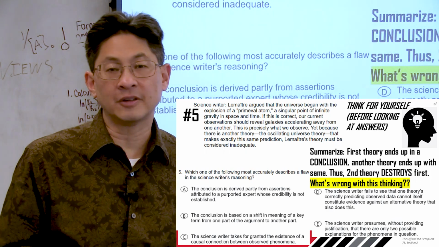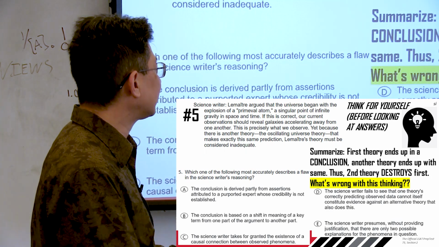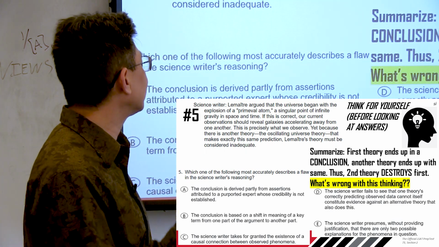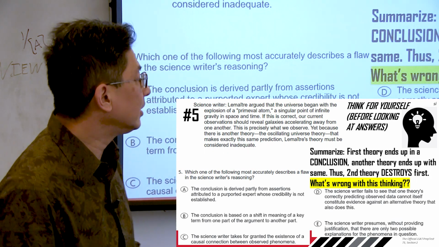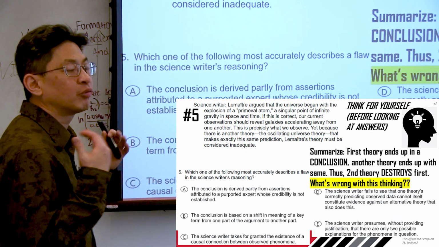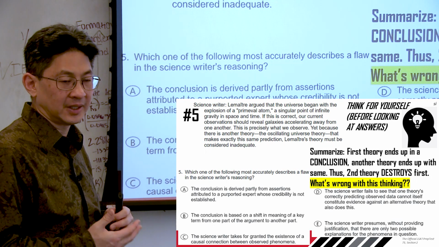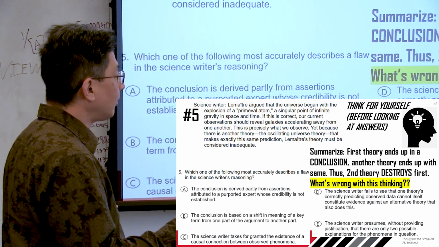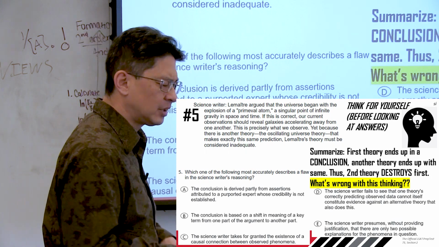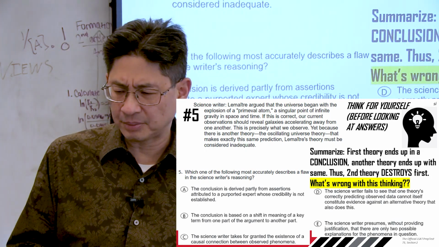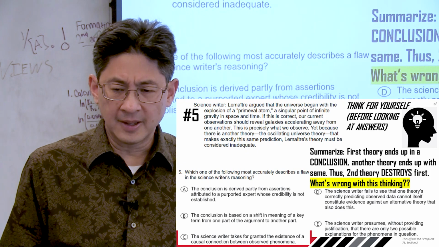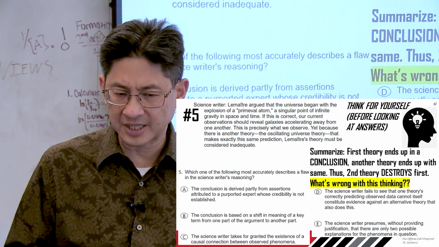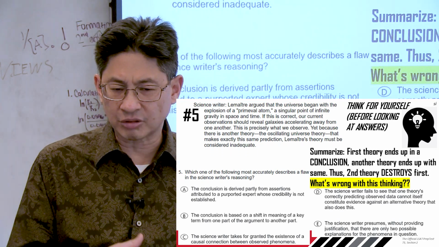Now, because the question is asking what most accurately describes a flaw, we need to ask ourselves, what's wrong with this kind of thinking? Because we're trying to find a flaw, right? So when we look for a flaw, we say, what's wrong with this thinking? And you've got to stop and think. If a first theory predicts a certain conclusion, and then a second theory predicts also the same conclusion, therefore we have to disregard the first,